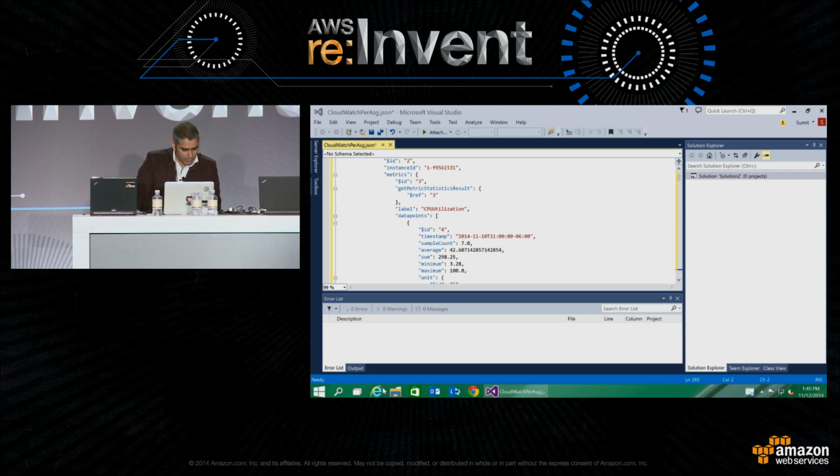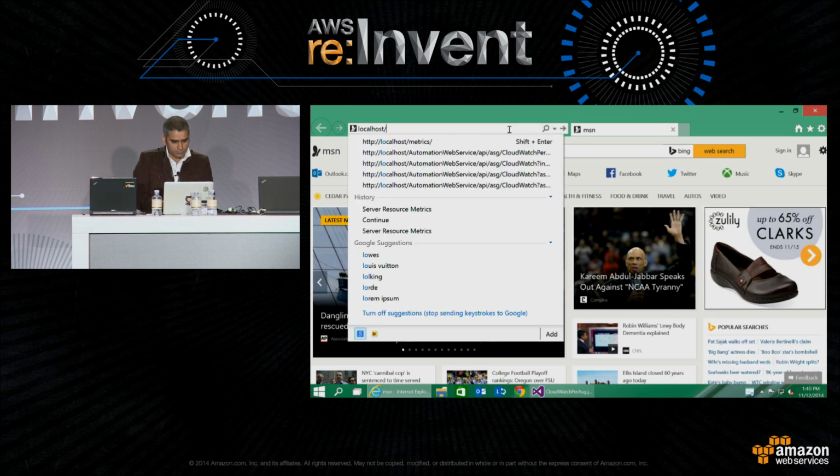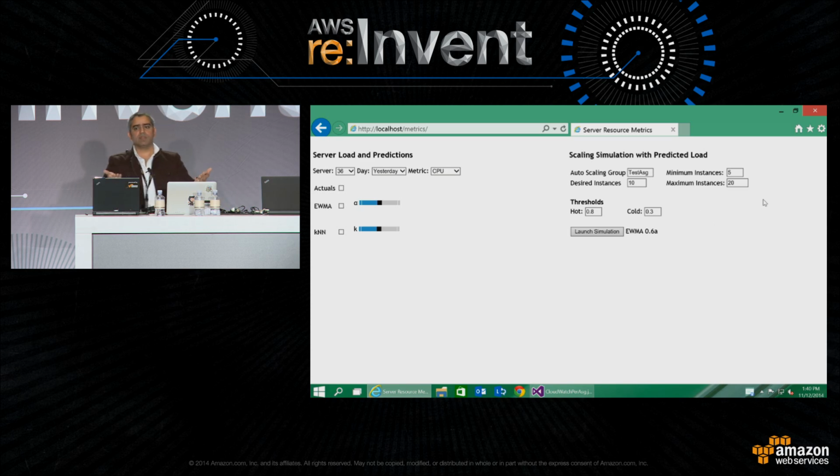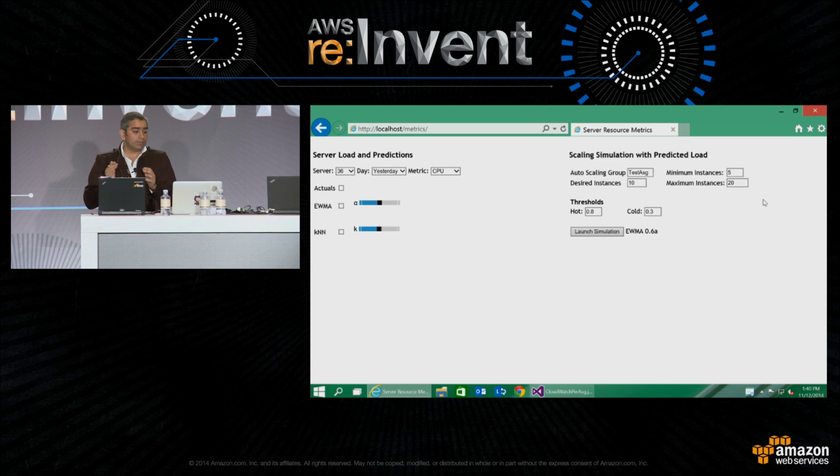Okay, yeah, here. So I hard-coded some of the items in the text boxes, so just call me lazy, whatever. Right? So autoscaling group is test ASG that I have. I want to have the minimum instances in my application tier 5. Desired is 10 and maximum 20, right? So you already are familiar with ASG, you know what these things are. You start with 10 instances, and we keep looking at the load, and if the load goes down, we remove an instance, but we only go down to the level of 5, right? We go to the maximum level of 20.